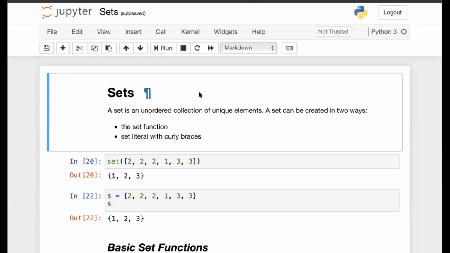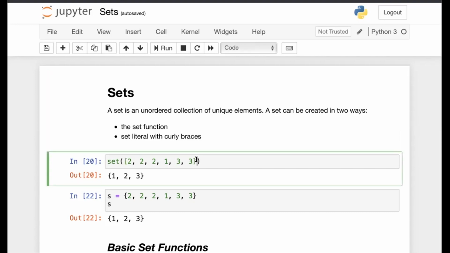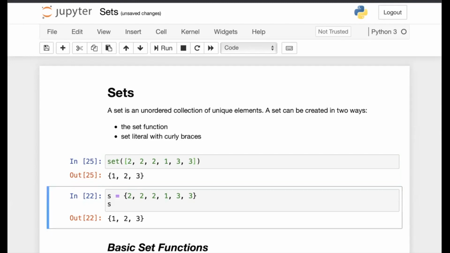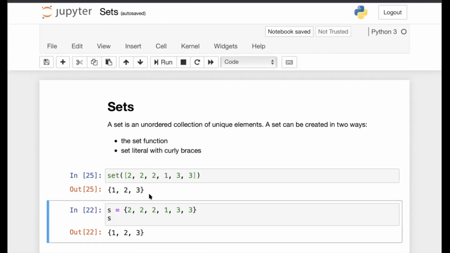Sets are unordered collections of unique items, and there are two ways to create a set. One way is to use the set method, and the other way is to use the curly braces. We will discuss both of these ways. This is the first way to define a set, by using the set method. We pass to it as an argument a list of all the items that we want to include in the set. Here this list contains some items, though some of them are duplicates, which the set method will remove while creating the set. As we will see, the set actually contains three integer items: 1, 2, and 3.